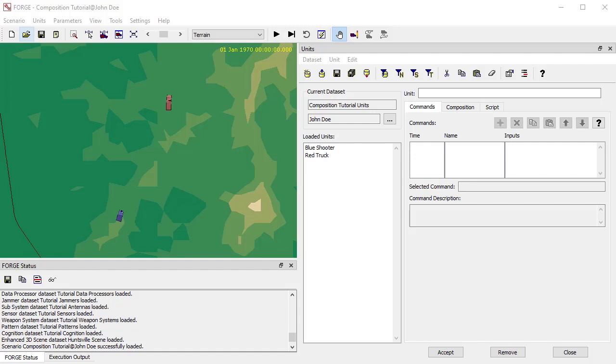In the previous videos, we have attached platform, cognition, sensor, data processor, subsystem, weapon system, and munition models to this blue shooter, so that it now has enough capability to detect this enemy truck and make the decision to engage that truck and launch a missile, and a missile will fly and engage and destroy the truck. What we're going to do now is add just a little bit more sophistication to the process of